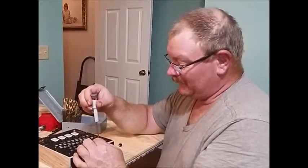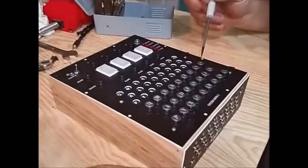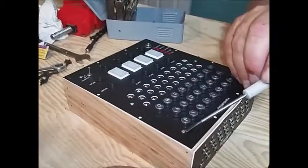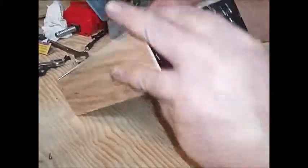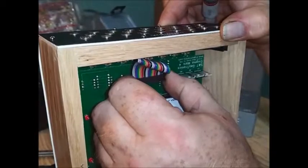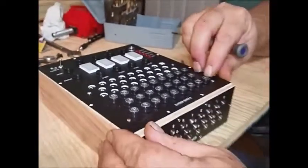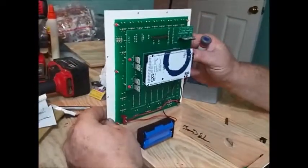Once we've removed all of these screws, and what I mean by all the screws is just the very outer ones that are in the wood. Don't mess with the inner ones because they actually hold the Enigma together. We're going to flip it up and we're going to disconnect the plug board if you have a plug board equipped model. If you don't have a functioning plug board, this is an extra step that you're not going to do. And then we'll pick the Enigma up out of its enclosure and flip it over like this